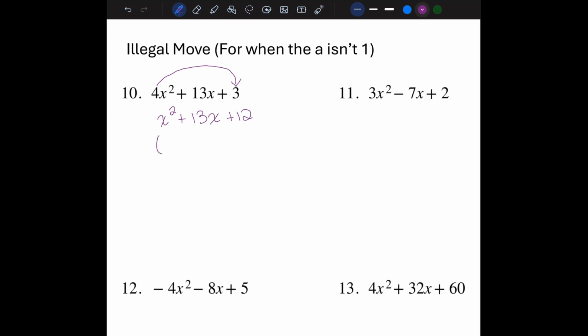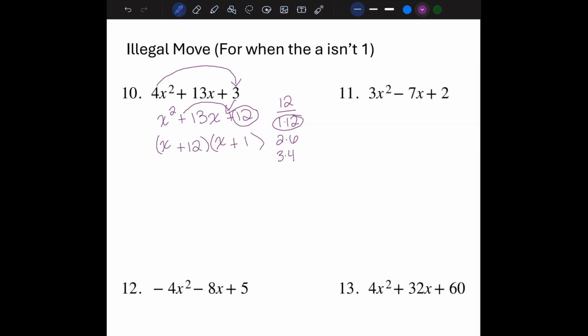And then I'm going to factor this just like we've been doing. So I look at the back, I have a plus. So I look up front, 2 plus signs. I have my x and my x. What multiplies to make 12? Well, I have 1 times 12, 2 times 6, 3 times 4. And I need the combination that will add to make 13. All right? That would be 12 and 1. And again, these are exactly the same, so it doesn't matter where I put 12 and where I put the